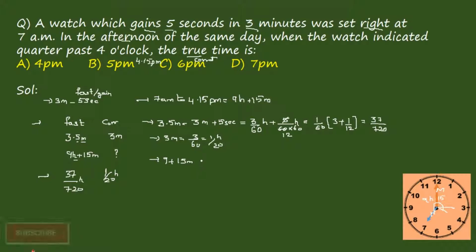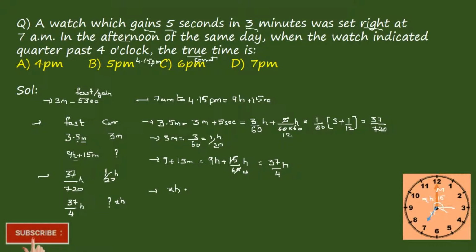Then we will be getting it as 9 hours plus 15 by 60 hours, which is 1 by 4, right? So 4 9s are 36 plus 1, 37. It becomes 37 by 4 hours. So we get it as 37 by 4 hours. You have to find the correct hour. If you consider this one x hours, then you would get it as